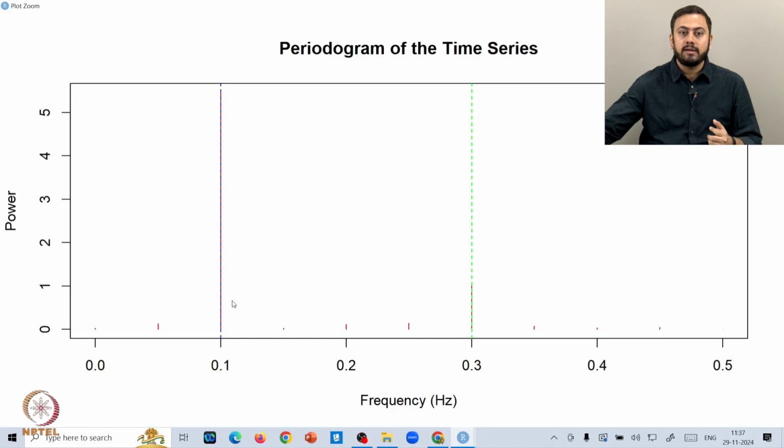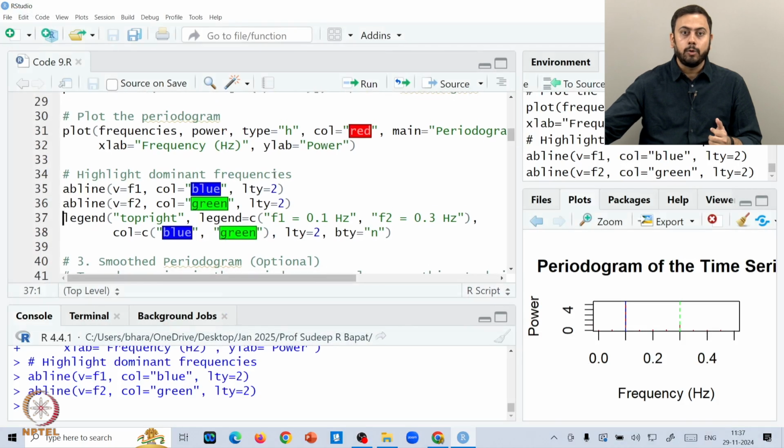So, the first highlighted vertical line is at f1, the second highlighted vertical line is at 0.3, and now clearly you can see that the actual true values of the frequency plot kind of superimpose on the generated estimated periodogram plot. Now, again remember one important thing, that the periodogram is nothing but the estimate of the actual spectral density, right. So, whatever you fix initially has to be replicated by the periodogram. Make sense? Okay. So, let us close this plot and then move on.